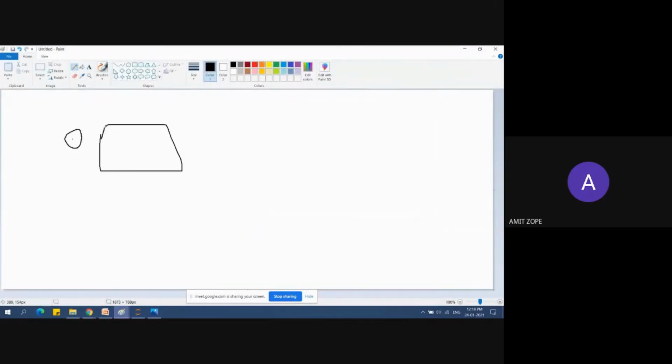For the rectangle, what you will need here is top left plus the width, top left plus the height. So top left pixel values in x coordinate, y coordinate.